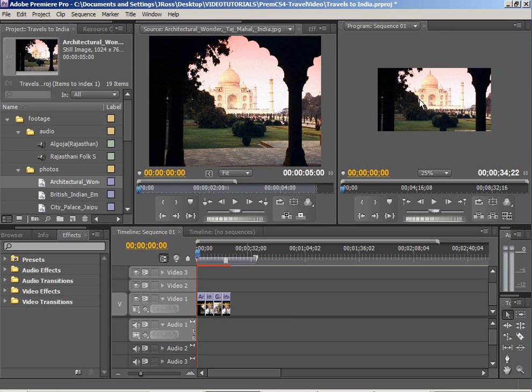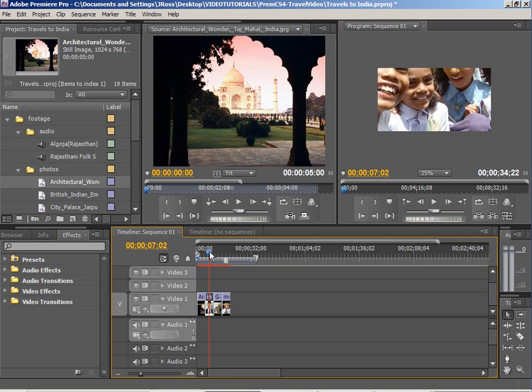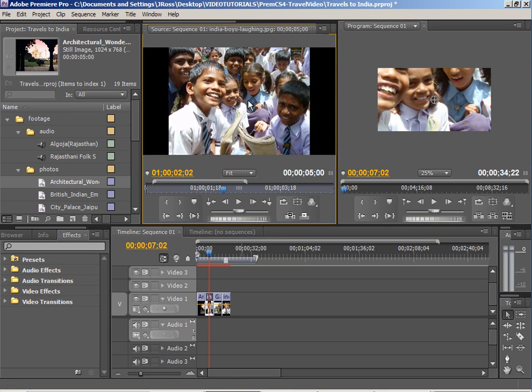Anyway, to create the pan and zoom effect in Premiere, the number one thing that you want to be aware of is what size of photo you have. Now I have an image which is 1024 by 768 here first. See, that's this first item. And then I'll go to my next item and see what we're at. Looks like this one's a lot larger. And it's hard for me to really tell what size it is right now. But if I go to my,